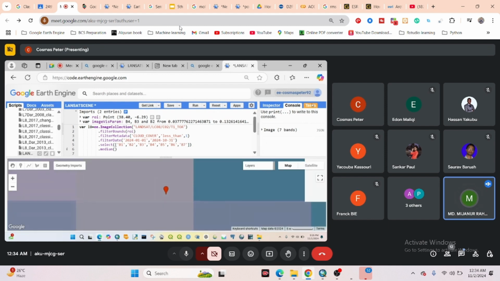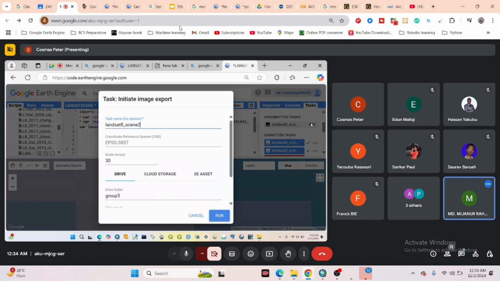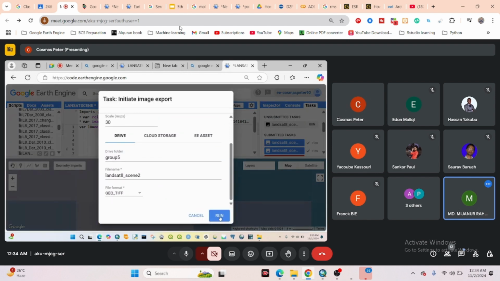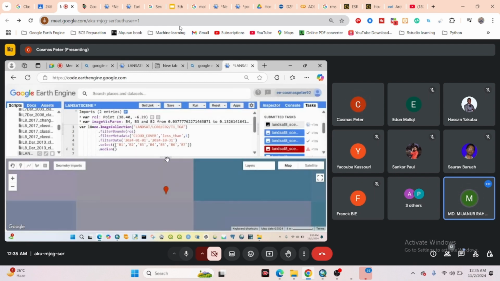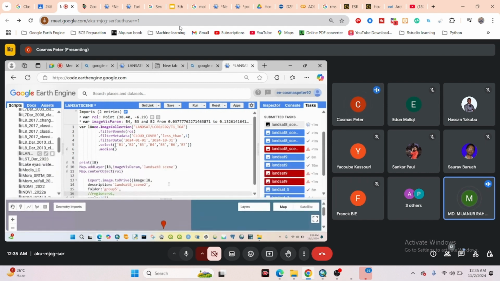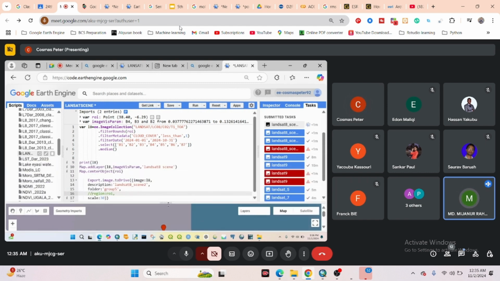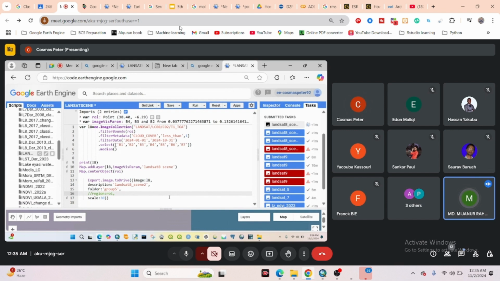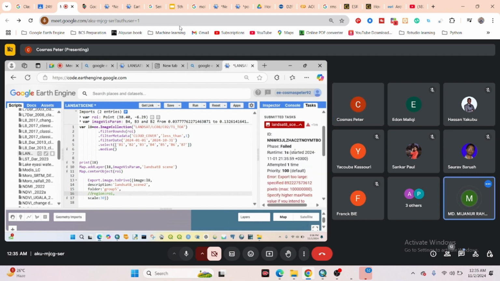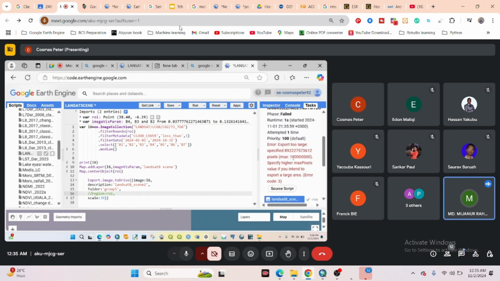When you want to export any GeoTIFF file format, we define the study area. Suppose this area I want, but this time your area shows as a point. So that's the problem. It fails. It shows the problem. It shows the export is too large. So we have to define the max pixel. So simply after the scale value, put the comma sign, and put here the